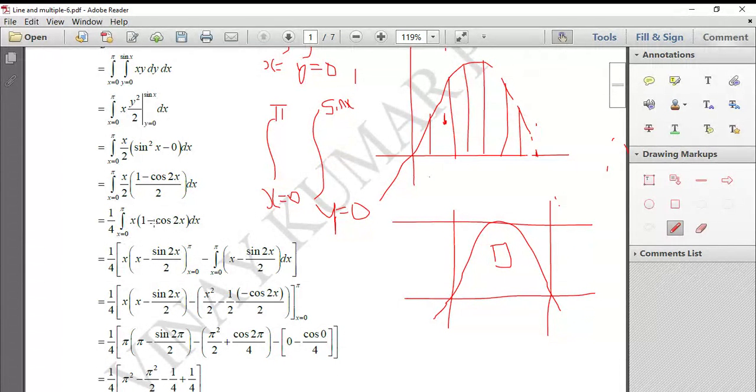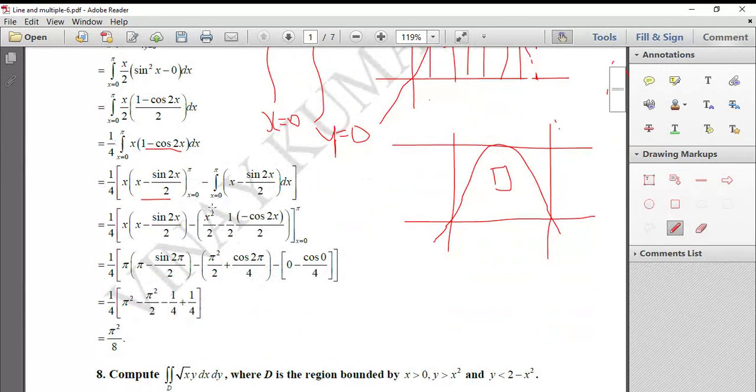So we can integrate this with respect to x. How? Because this is a product of two functions, we have to apply integration by parts. Let me keep x as it is. Integrate this. What is the integral of 1? X minus the integral of cos, which is sine 2x divided by the term associated with x, which is 2. And the limit is from 0 to pi, minus this integral, x square, from 0 to pi. This integrated answer, x minus sine 2x by 2, into the derivative of x, the first function. The derivative of the first function is 1.